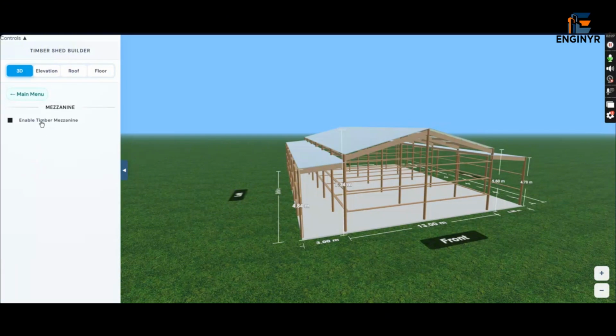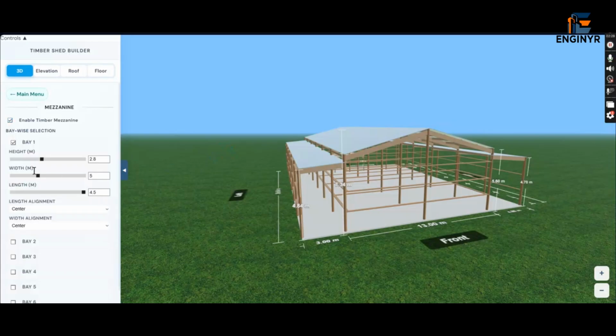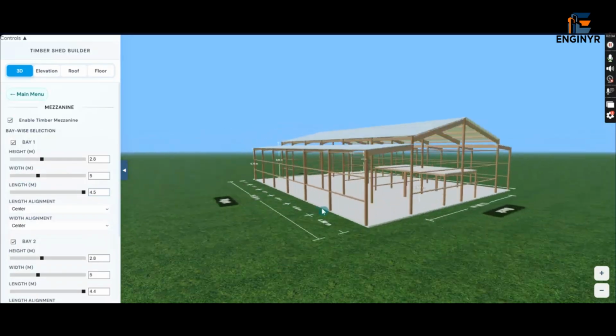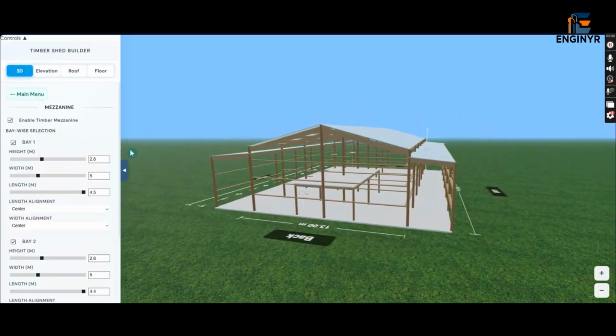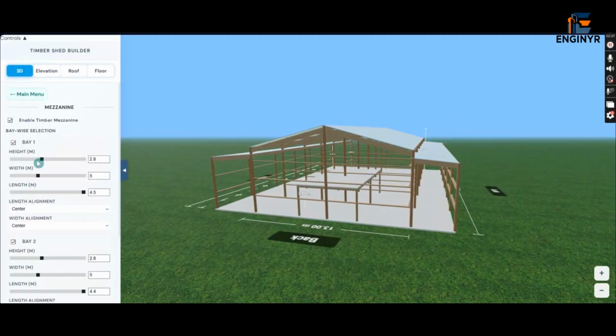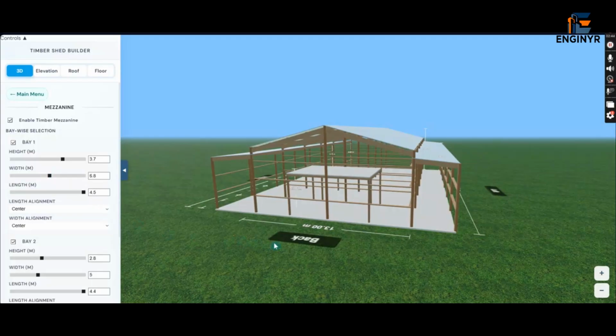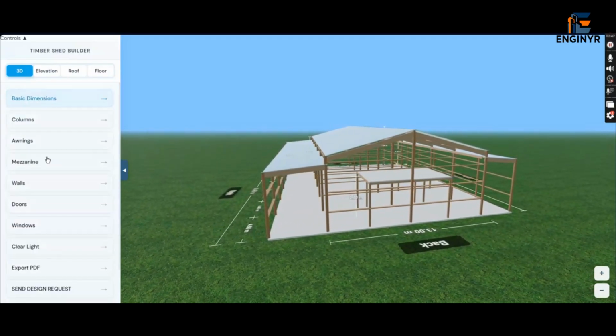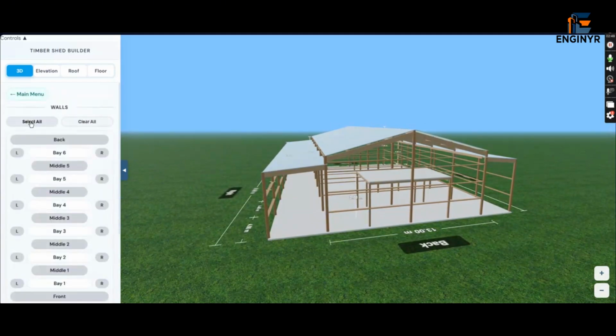Here we have a mezzanine floor. You can just toggle on the mezzanine floor and adjust the height. You can change the height, you can change the width, you can add walls,